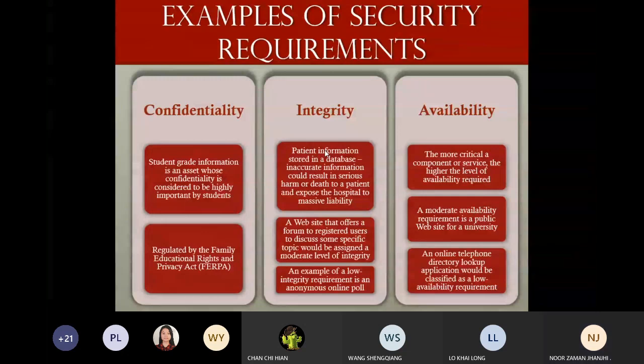For integrity, a patient's information is highly important to keep intact. Integrity means that there should not be any change or alteration in the data. If we have a patient and prescribe a medical dose, and there is any change in the dose, you can understand what will happen to that particular patient. That is why integrity is very highly important. It can lead to death or bigger loss for the patient.